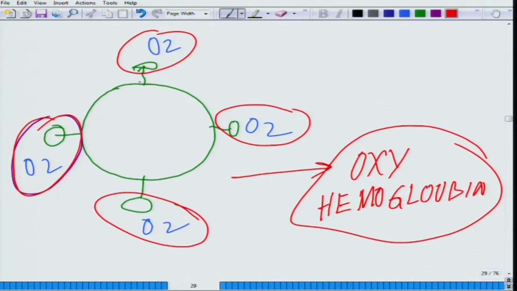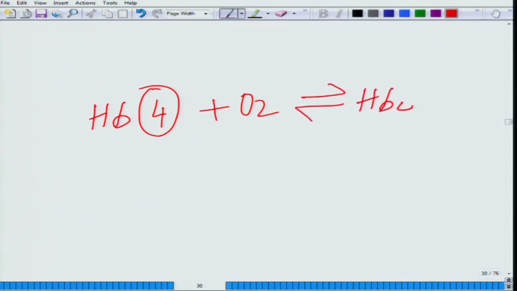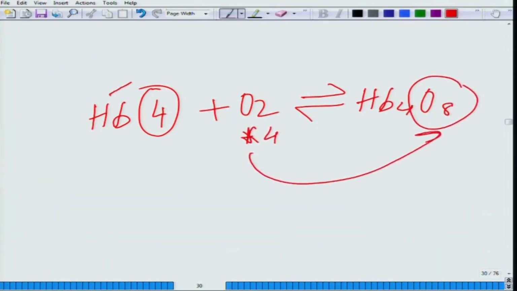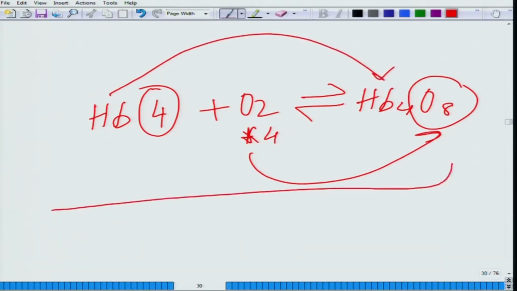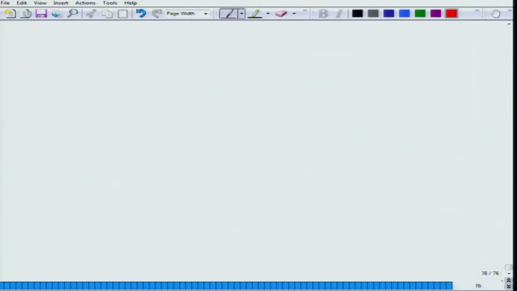So, basically what is happening is that Hb4 plus O2, 4 I put because there are 4 binding sites. Essentially what is happening is that Hb4 plus O8, because O2 multiplied by 4 makes it O8, is Hb4O8 coming. So, this is basically how the oxygen is binding, and based on the saturation level of oxygen, you can term it as, likewise, if there is only